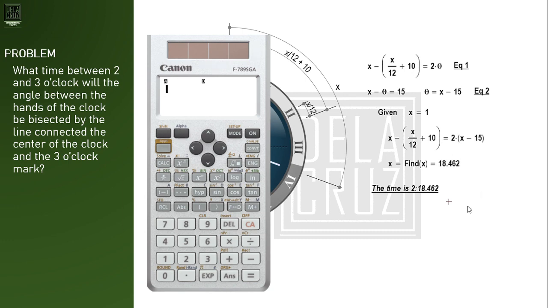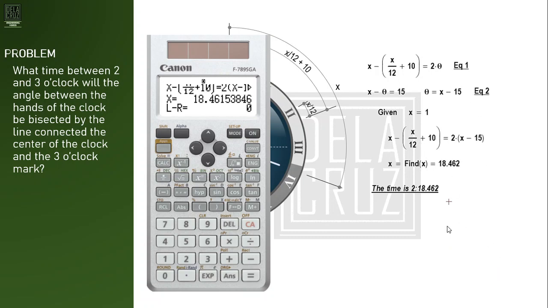Then plus 10 is equals to twice of x minus 15. Yan, no? If solved,